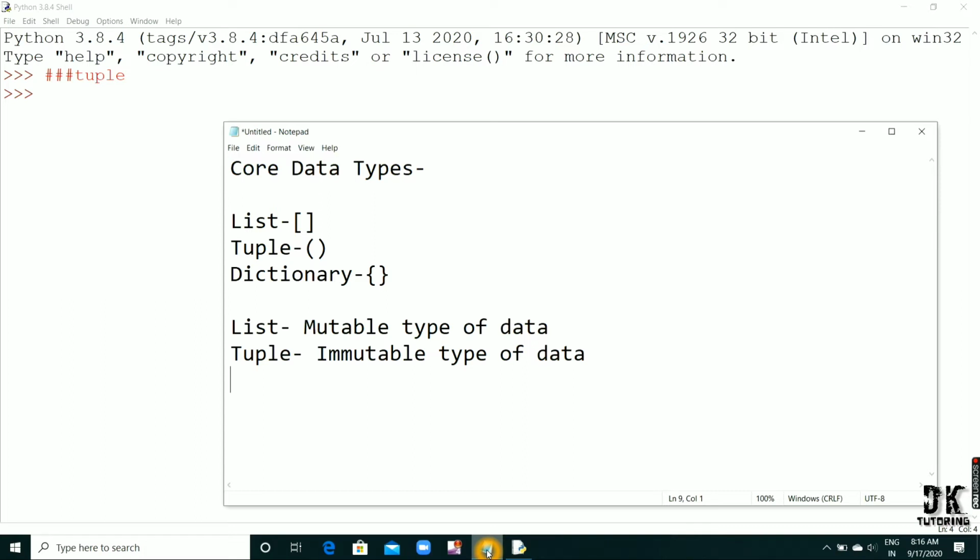We have deleted also, we have added also, we have sorted also, lots of things we have done with list. बट टपल में हम ये सब प्रोसेस नहीं कर सकते. ना ही हम यहाँ पे कोई एलिमेंट डिलीट कर सकते हैं, ना ही हम यहाँ पे कोई एलिमेंट ऐड कर सकते हैं, और ना ही हम टपल को यहाँ पे सॉर्ट कर सकते हैं. एक बार अगर हमने टपल क्रिएट कर दिया, देन वी कैन नॉट मॉडिफाई दैट. ओके, सो एज आई ऑलरेडी टोल्ड यू, दिस स्मॉल ब्रैकेट्स इज यूज्ड टू डिक्लेयर द टपल, और फॉर क्रिएटिंग टपल वी यूज दिस स्मॉल ब्रैकेट्स ओनली.